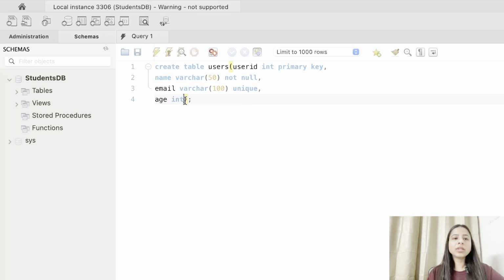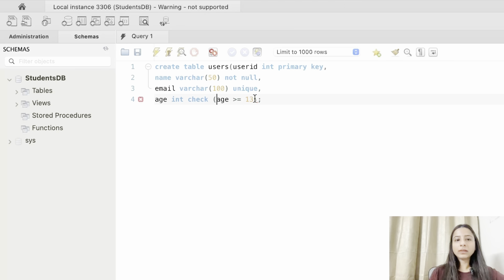Then age, we can write a check that it should always check the value that is to be inserted, whether the age should be greater than or smaller than any particular number. So you can write check and then simply write age greater than or equal to, say, 13. So every user aged 13 and above can be inserted in this table.